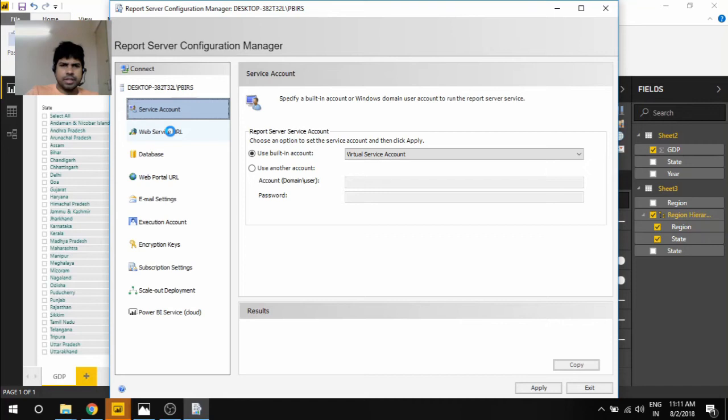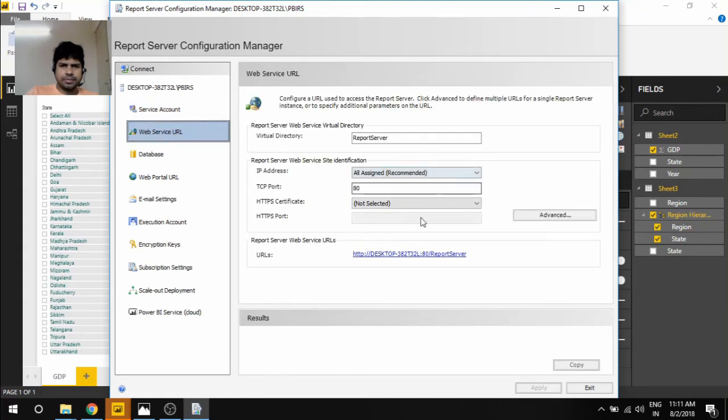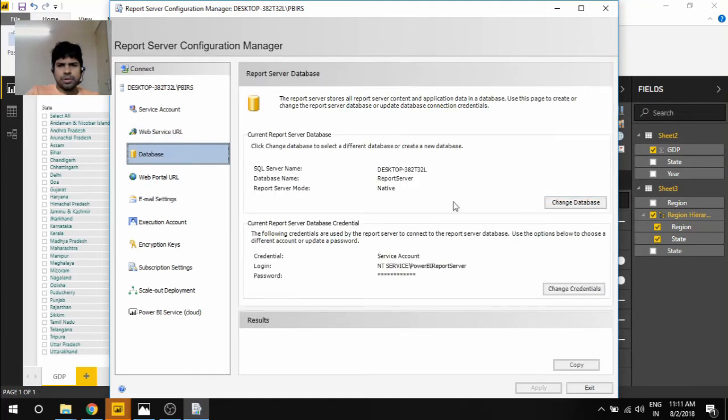What I have done basically is, these are all standard. So this is where you need to specify what is the database name. So I basically installed a database in this laptop, so it is using the local database. Okay, so first you need to install the Power BI report server, and then you install the database, or you can install the database beforehand. So while installing the Power BI report server, it will automatically locate the database, and it will create a new repository there. Okay,